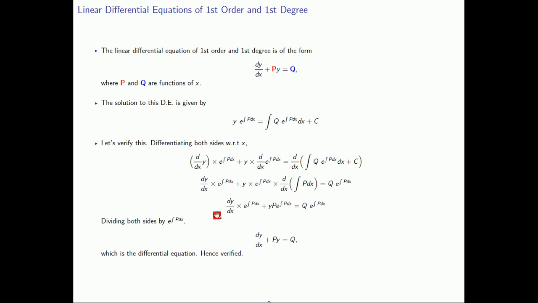Now, if you see the thing which we obtained on differentiating the solution, all of its terms contain the factor e raised to integral p dx. It is there, and on RHS it is there. This factor, which we deliberately multiplied and we found it to be useful, is known as an integrating factor. So let us divide it by that factor e raised to integral p dx. So if we do that, we'll get dy by dx plus py equal to q, which is the differential equation with which we had started.